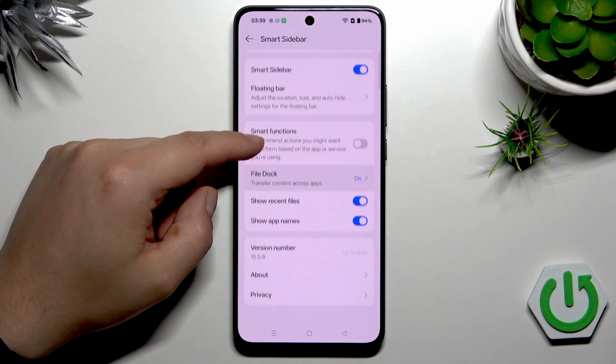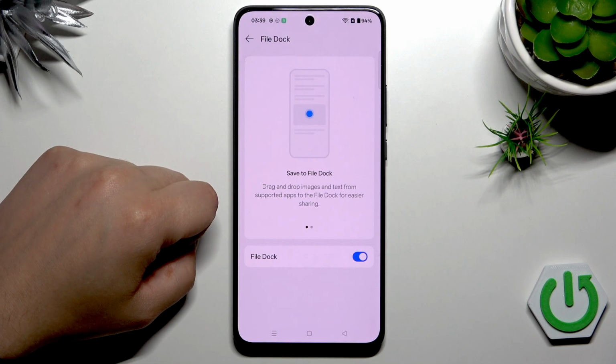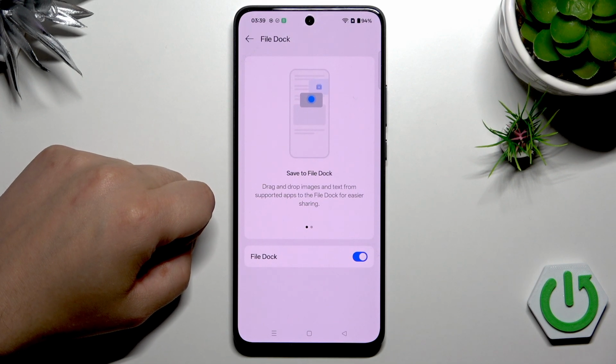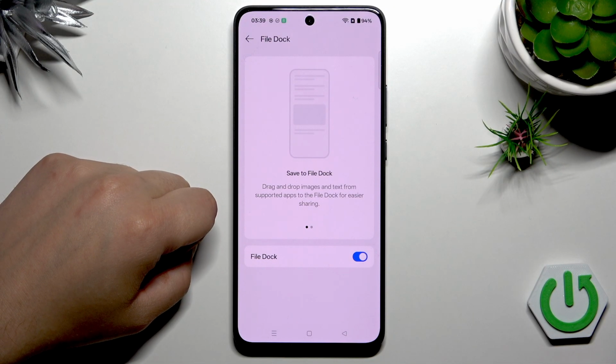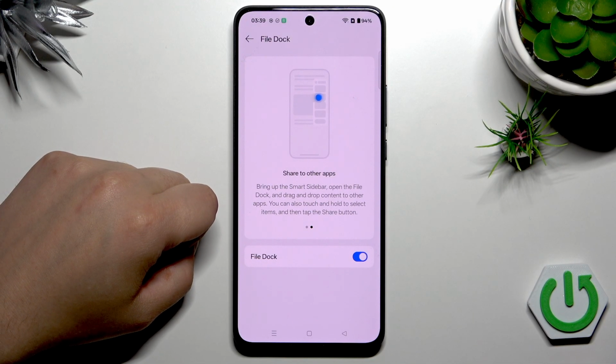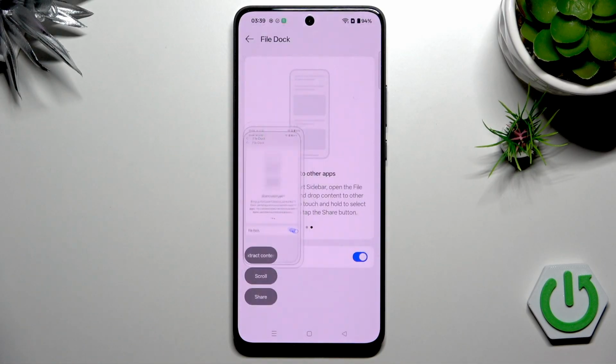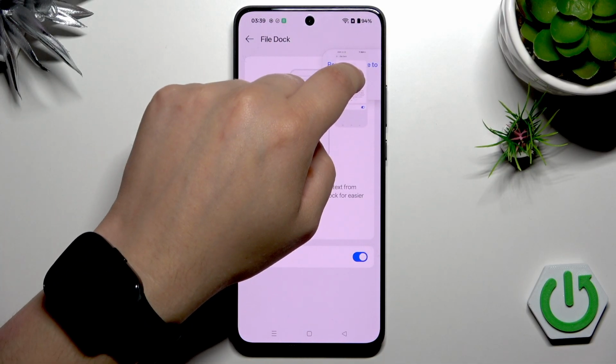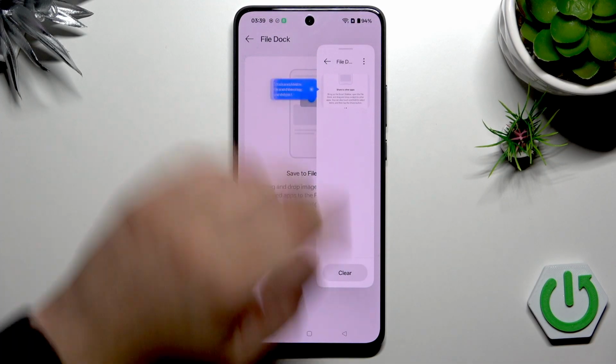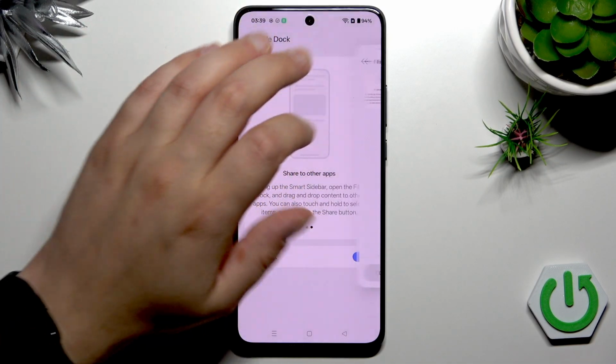After that, there is a file dock. You can enable this or disable. You can drag anything, the images and text, to the file dock. For example, I'm gonna make a screenshot. Then I can drag this and move it to the file dock, then open it